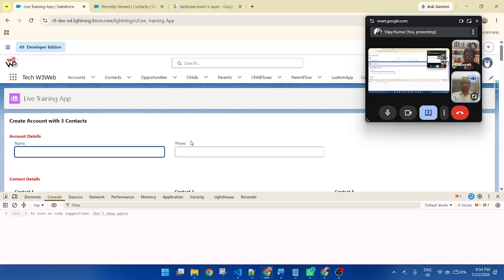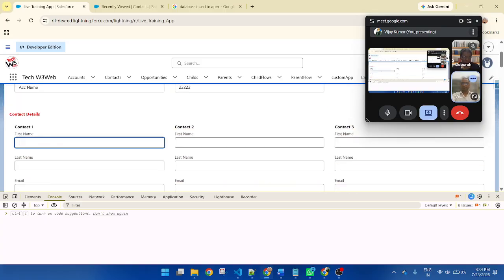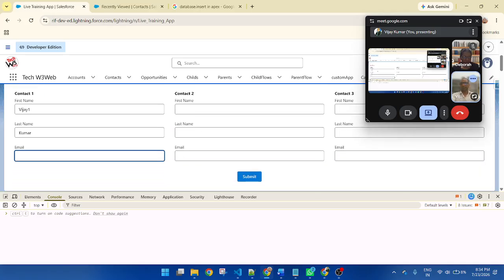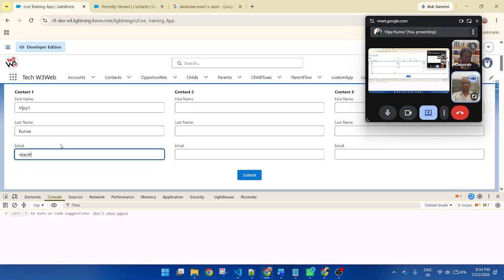So now let's enter the account name, phone. This is Vijay 1, Kumar 1, Vijay at the rate test.com. So this is column 1. So I am defining column 1.